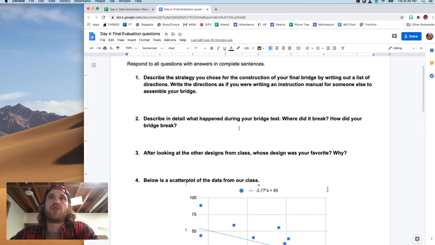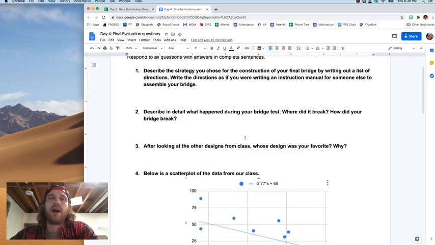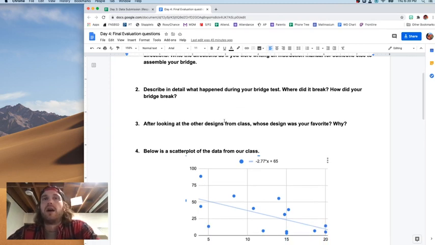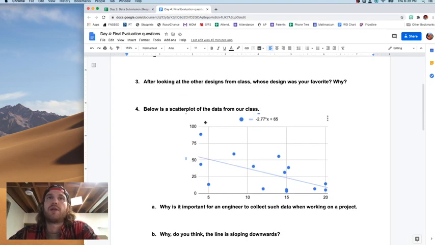Describe in detail what happened during your bridge test. Where did it break? How did your bridge break? Multiple sentences responding there. After looking at other designs from the class, whose design was your favorite and why? And